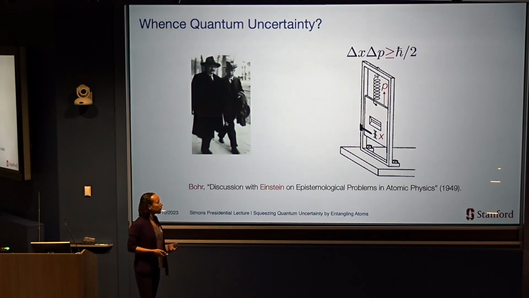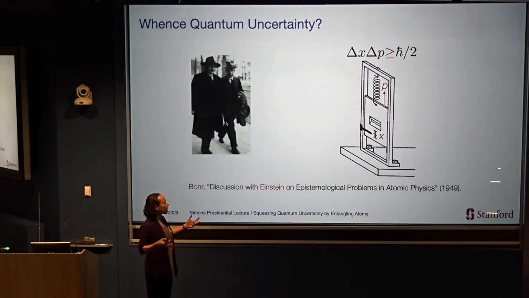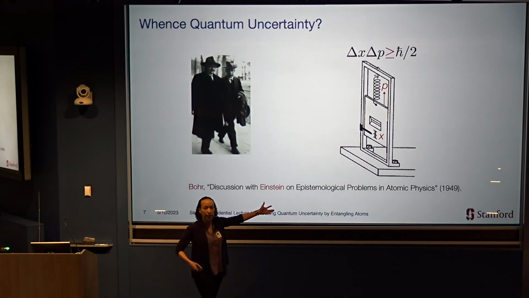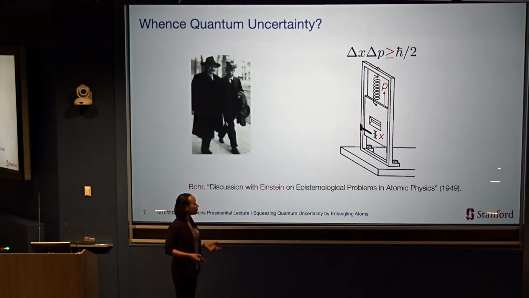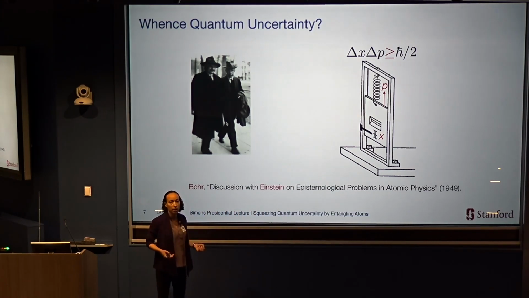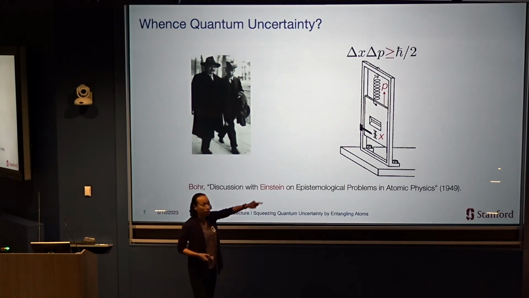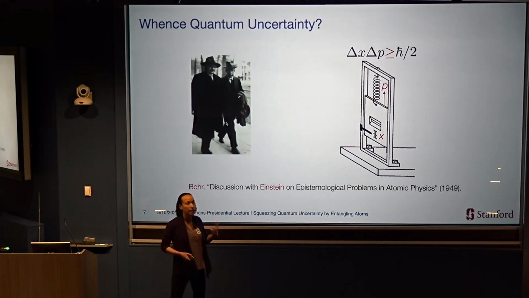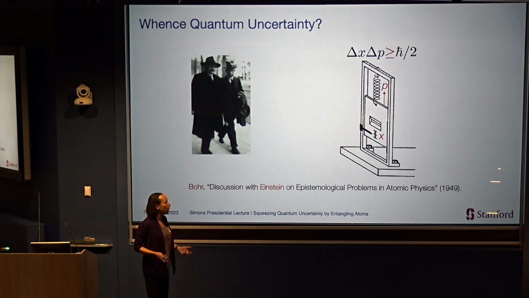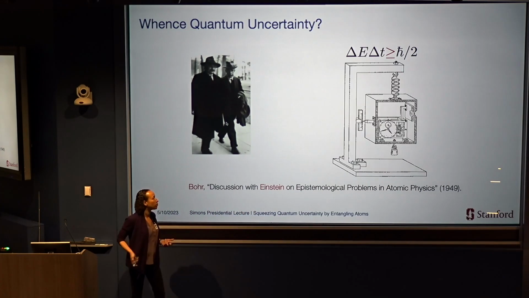And in these letters, Niels Bohr drew beautiful little diagrams illustrating thought experiments of why it is, for example, that if you try to measure the position of this slit, you're fundamentally going to result in some uncertainty in its momentum. You can understand that because in order to measure the position of the slit, I need to send some light through the slit. And that light, a photon, could bounce off of the slit and give it a momentum kick. Because a measurement of position will disturb the momentum, I can never know both perfectly simultaneously. So that was one successful diagram explaining this position-momentum uncertainty relation.